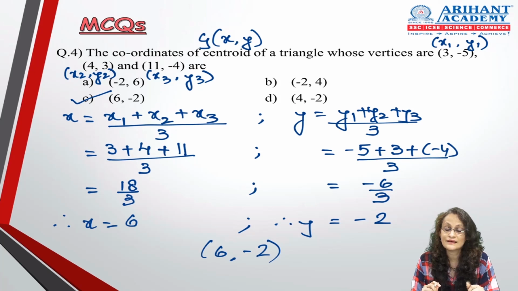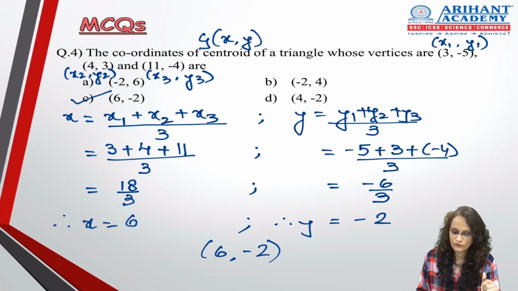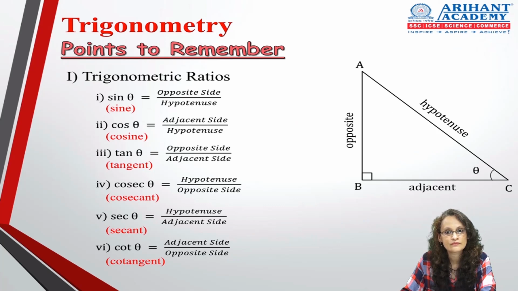Now, the next topic which I told you right in the starting was, we will go on to trigonometry now. Okay, so moving on to trigonometry. Now, the first Roman number there tells you trigonometric ratios. Totally there are 6 trigonometric ratios which you can see on your screen. First ratio is sine theta, which I have spelled as sin, but I am not pronouncing it as sin theta because the full spelling you can see in the bracket below it, which is sine, S-I-N-E. So we pronounce it as sine theta.